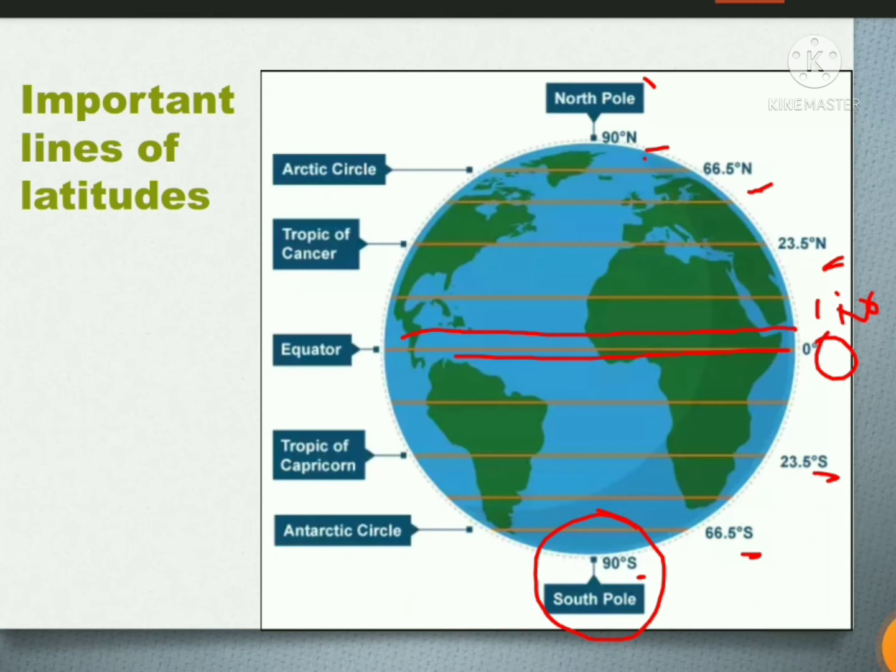And which one is the longest latitude? Equator. Okay, equator is the longest latitude, and as we move northwards or southwards from it, जैसे ही हम northwards या southwards move करते हैं equator से, the latitudes decrease in size till they are reduced to a dot at the poles. poles पे जाके ये एकदम dot जैसा हो जाता है.